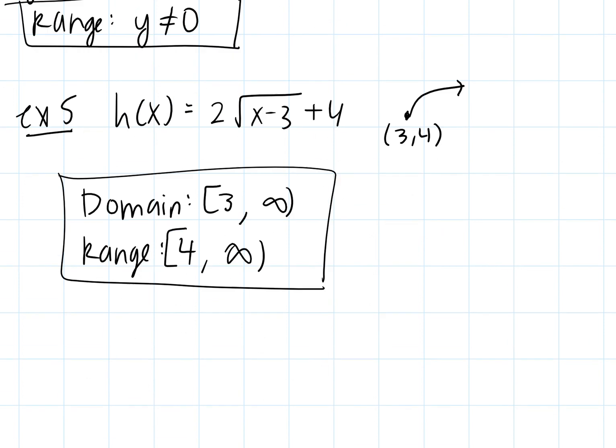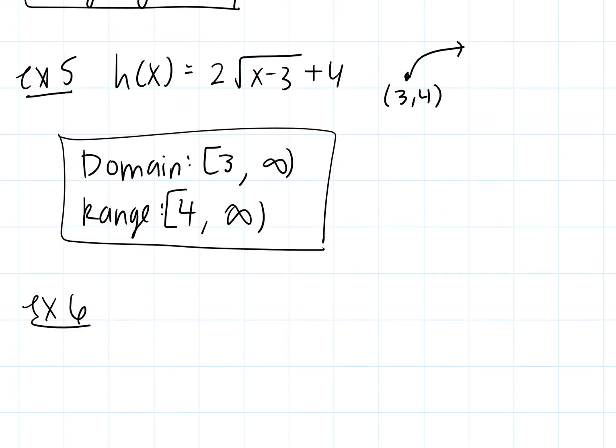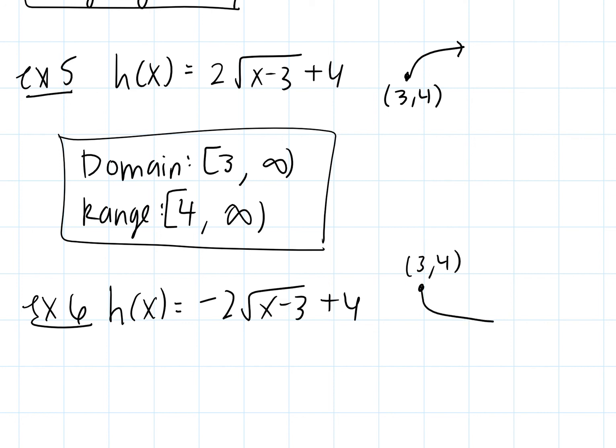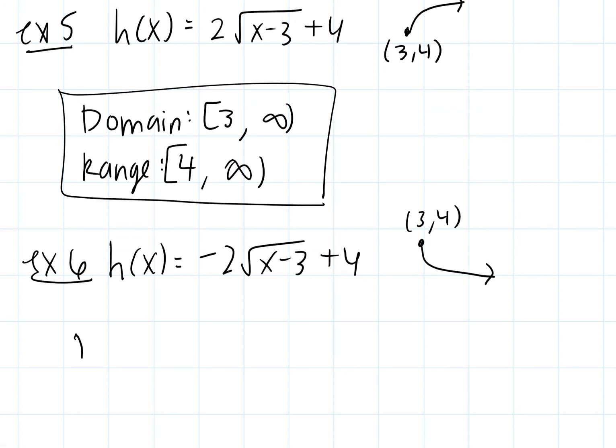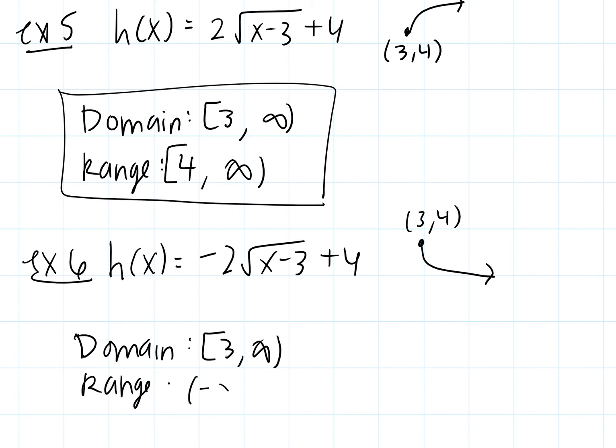Now, if I changed it just slightly and I asked you, what's the domain and range of h(x) = -2√(x - 3) + 4, this function has the same vertex, but has been reflected across the x-axis. So again, the domain still starts at 3 and moves to the right. This time the range starts at negative infinity. You're always reading bottom to top, and its highest y value